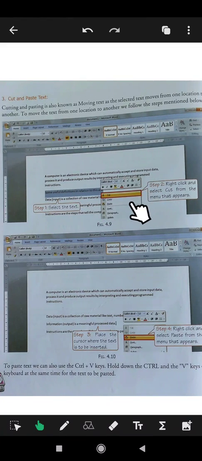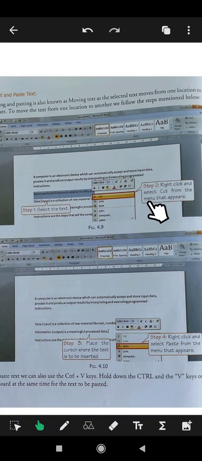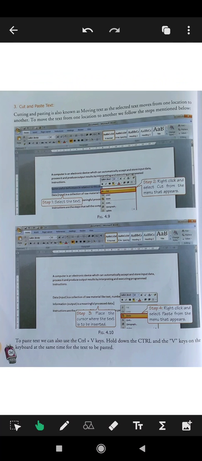After clicking the right mouse button, you will select some options over here. Last time we selected copy, but now we will select cut. So you will select the cut option, right click and select cut from the menu that appears. Once you select the cut option, this particular text will vanish.